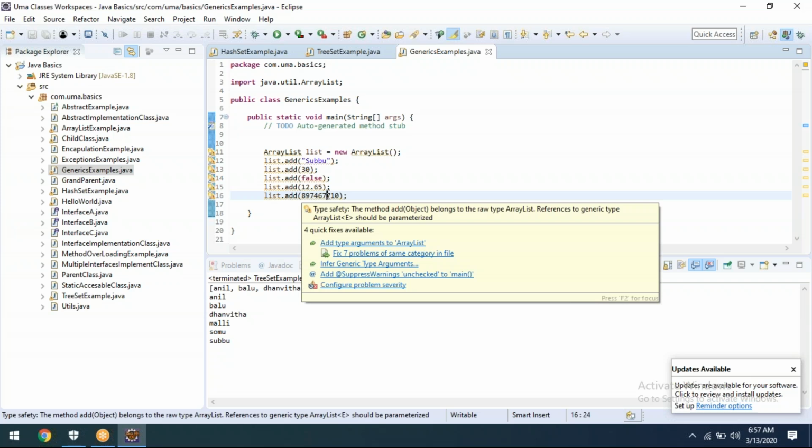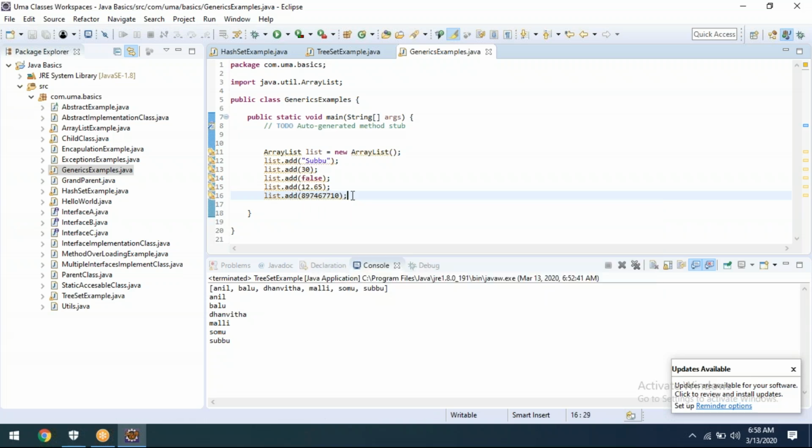Likewise, some alternative values are there. I want to store thousands of values. Getting my point? While storing thousands of values, I want to read a particular value.